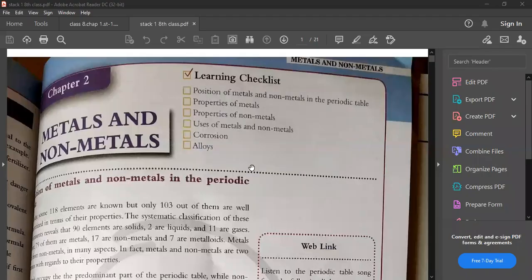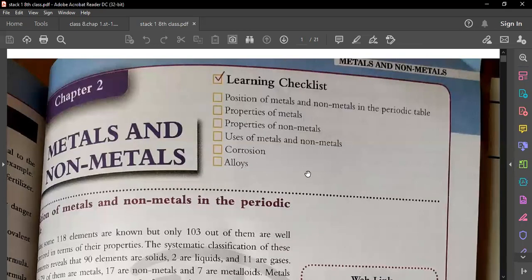So first we'll finish the metals and non-metals topic, then we'll go for the synthetic fibers and the plastic. Okay, sir. So first metals and non-metals. What do you know about the periodic table? I think you already finished this chapter in the NCERT textbook itself, right? Yes, sir. But we'll discuss somewhat advanced on these two topics